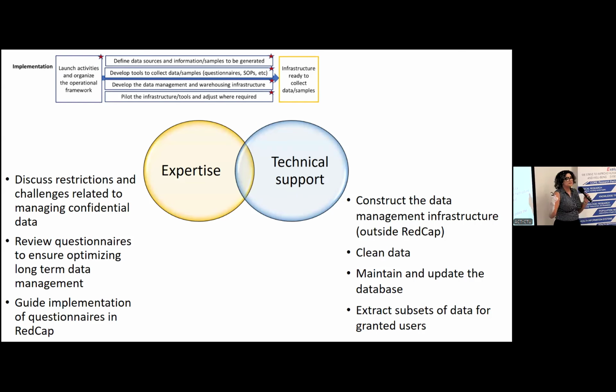So the implementation phase is extremely important, and it takes a group of different experts. There are the ones conducting the research, and they're experts in their field. There are the experts who know how to build a secure infrastructure and manage big data. There's the team that is the expert on the data management, and then the team that's an expert in the statistical analyses, and they all work together and make sure that everything is ready. All this before you even start collecting data.